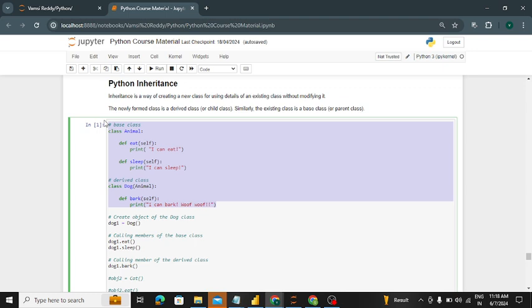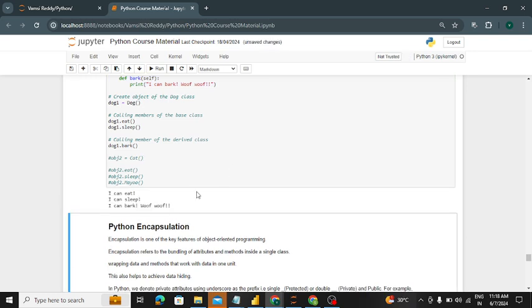Whatever you have mentioned in the function eat will be accessed as output, because here the dog is a child that completely inherits from the parent base class. So whatever functions you have mentioned in the base class will be used by the dog class also, like d1 dot eat, d1 dot sleep. These are the objects. I created the object dog1 equals to the dog class, and called d1 dot eat, d1 dot sleep, and d1 dot born. Special feature.